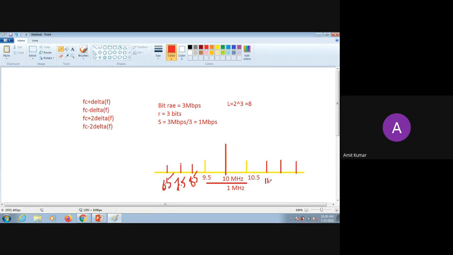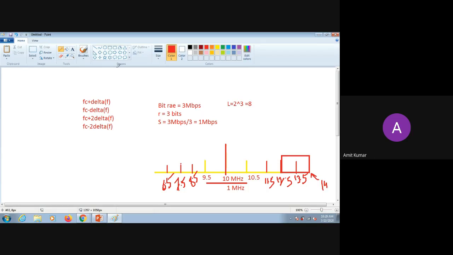And this will be 11.5, this is 12.5, and the last will be 13.5. So 13.5 is a center frequency; it is not the whole bandwidth of your signal. The bandwidth of the signal is given by this band. 0.5 will be on the right-hand side, so the ending frequency will be 14 megahertz, the last.